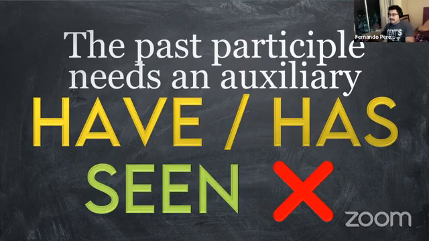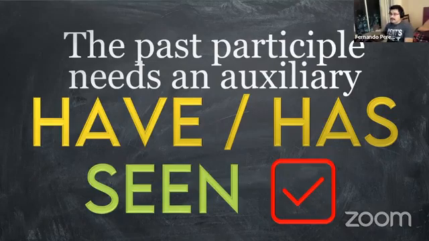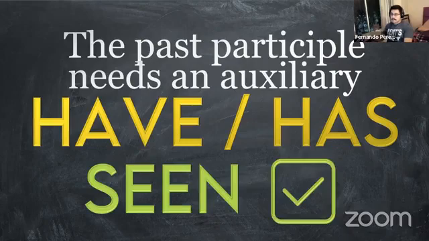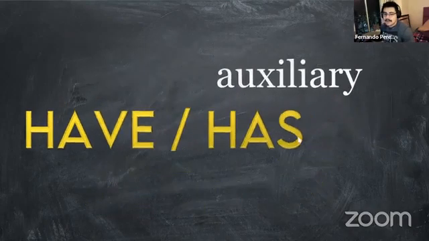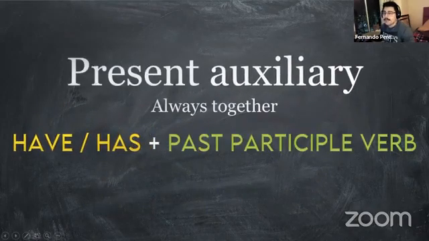And that auxiliary now is correct. The auxiliary plus the verb in past participle. This is the formula for